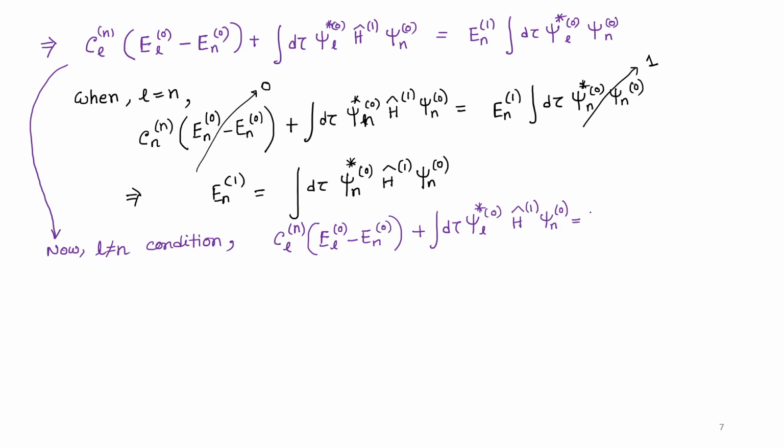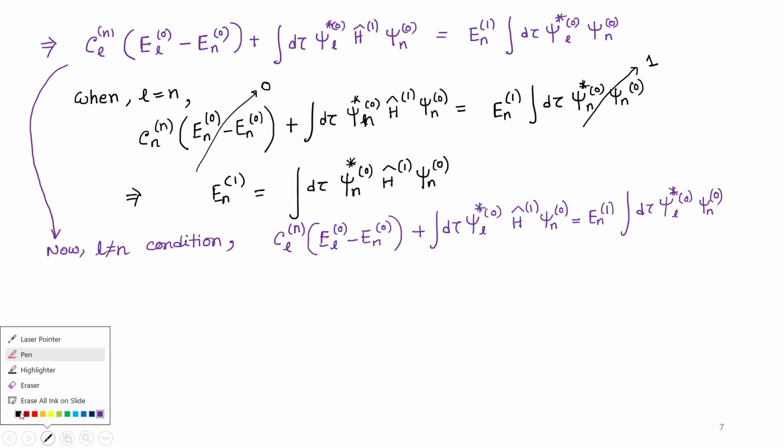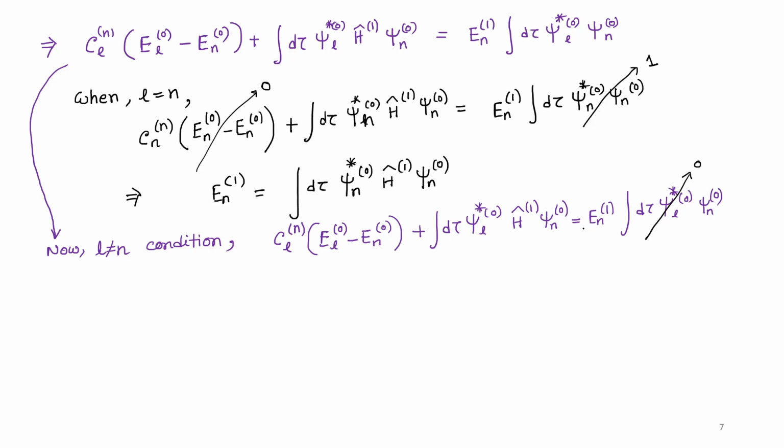Now see, here the change is there. When l is not equals to n, this is not a normalization condition, so it will follow an orthogonality condition. We are going to get 0 for that, and 0 multiplied by n1 will be again 0. So